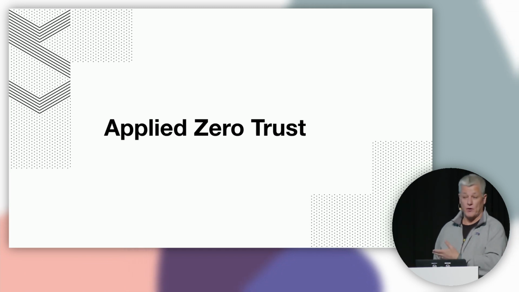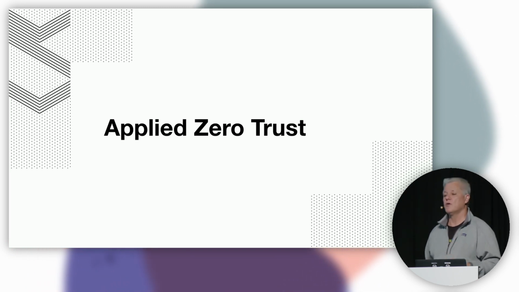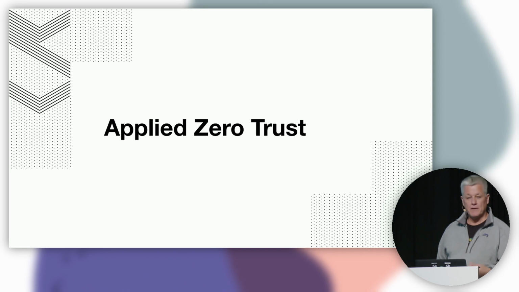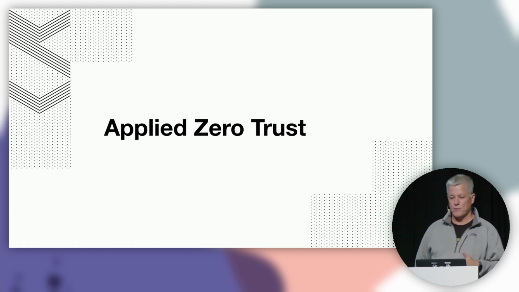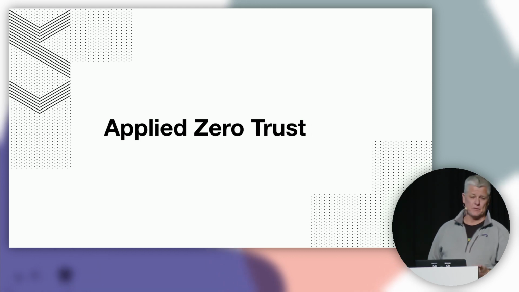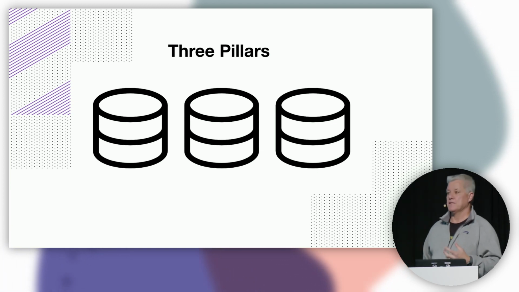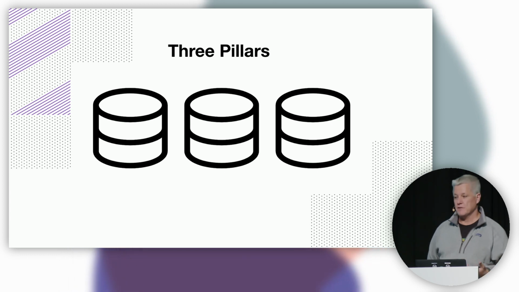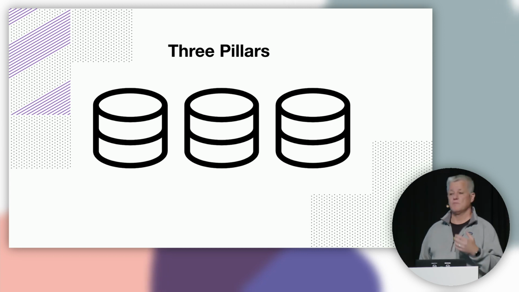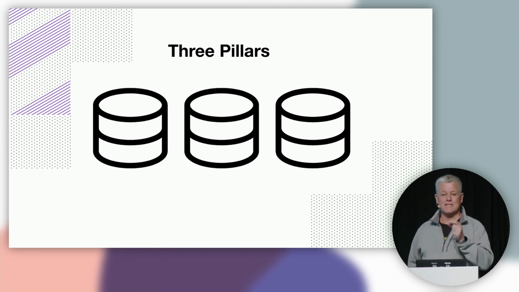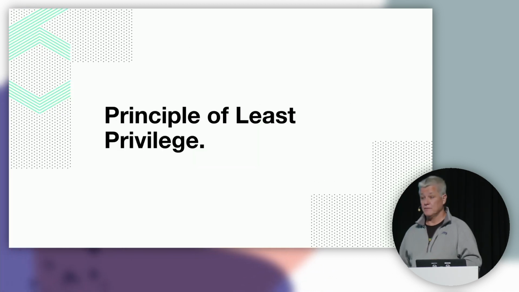I think everybody here must have heard about this. It's actually very valid. Just give your machine or human just enough access to do the job they need to do. So role-based access control is very important. How do you make sure that they don't have access to an extra set of IP addresses or systems that they don't need to? You need to make sure that your controls, your delivery mechanisms, your CI/CD pipelines are just granting enough database access or enough system access for them to do their job, right? That's the one pillar.